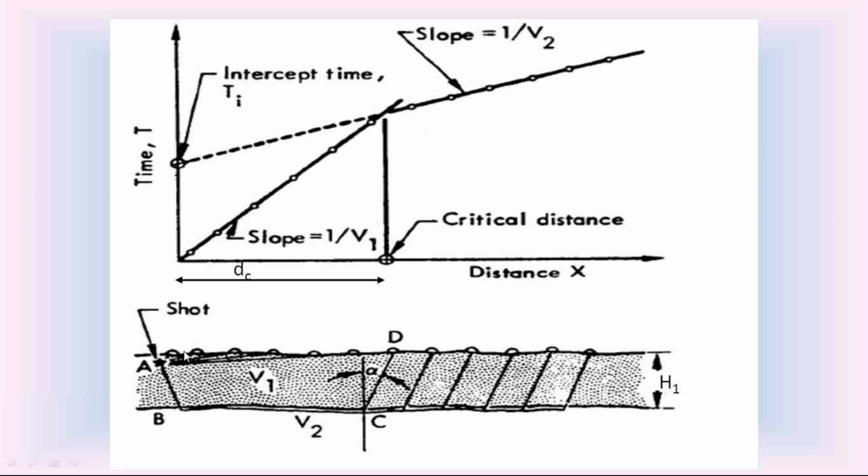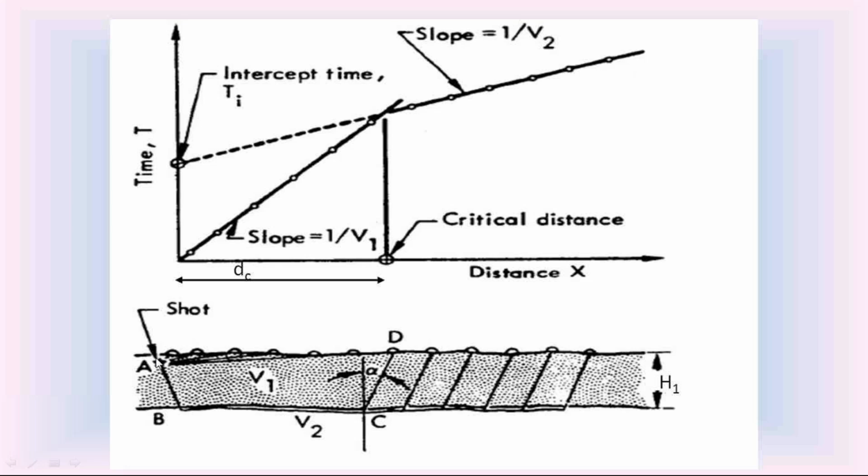These are the geophones. Some geophones receive only the shock waves traveling in the first soil layer. Some other geophones receive the shock waves traveling in the second soil layer. Since the velocity of the shock waves in the second soil layer is v2, you are getting this another straight line. These two straight lines meet at a common point, that is called the critical point. This is the location where there is a change in the soil strata. So at this location, the soil strata changes from the first layer to the second layer. So there is a change in the velocity of the shock wave in the second soil layer.